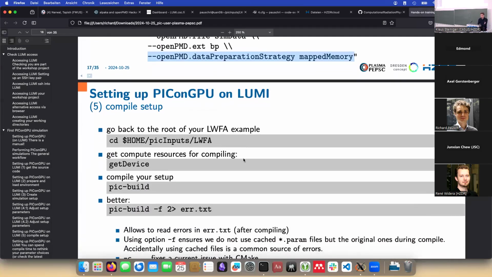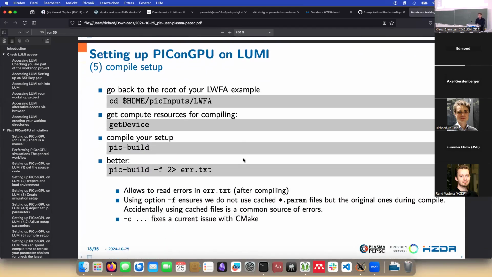So the next thing we're going to do is compile it. In principle, on Lumi, it's possible to compile PIConGPU on the head node, but please don't. That's not a problem if you're doing that alone for now. However, if all members that attend this session right now do this on the few head nodes that are available, that's going to use a lot of RAM and a lot of cores, and we're going to have some performance issues. So please,